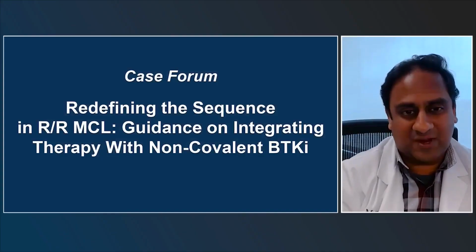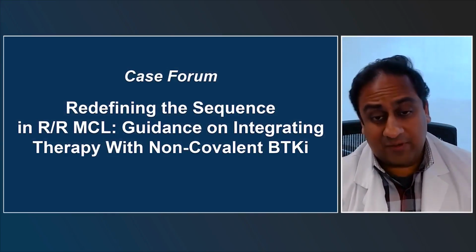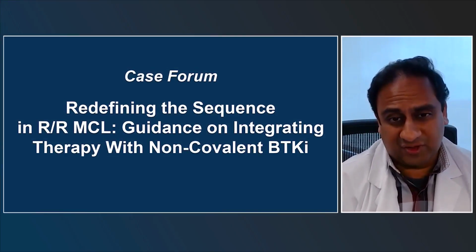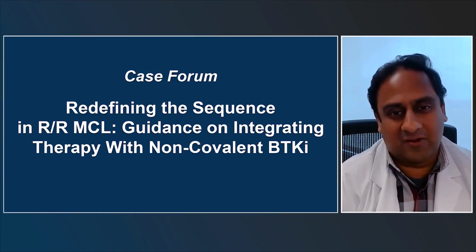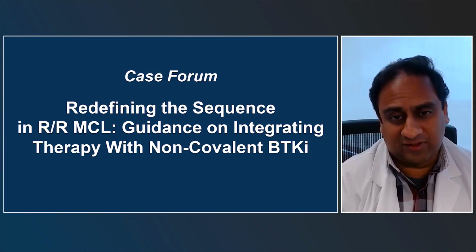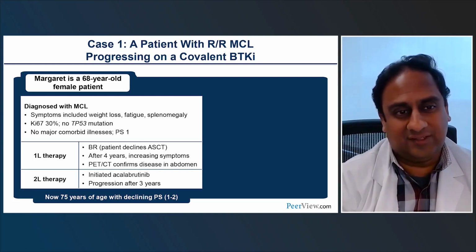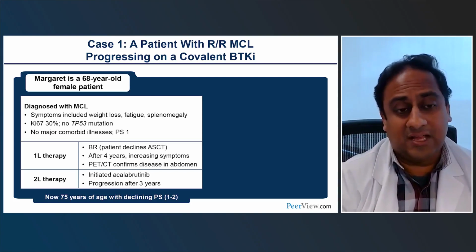So I think we've had a really great discussion on BTK inhibitors, covalent BTK inhibitors, non-covalent BTK inhibitors, and what the safety profile looks like for all of these different drugs. Now I'm excited to chit-chat with Toby over here and go through some cases about how to integrate some of the thoughts that we talked about into real-world cases and what the role of non-covalent BTK inhibitors will be moving forward. So I'm going to start with the first case, and this is Margaret, a 68-year-old female patient,